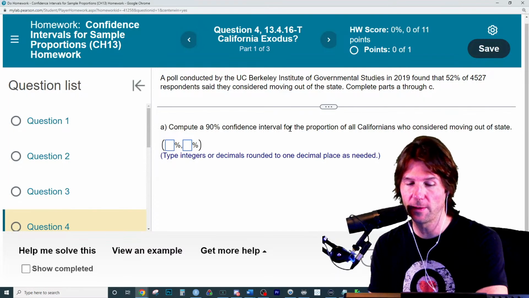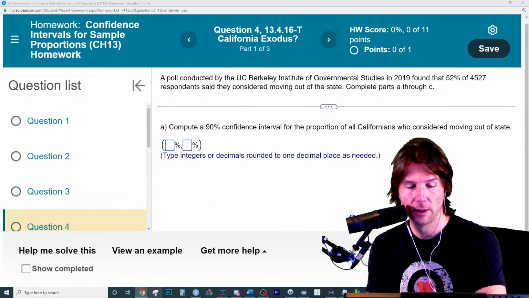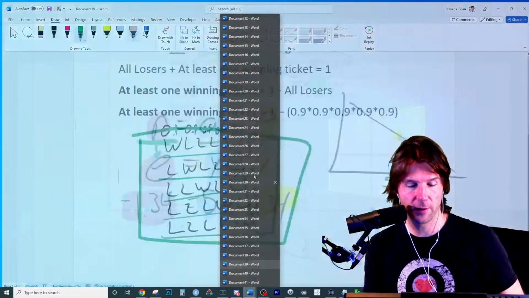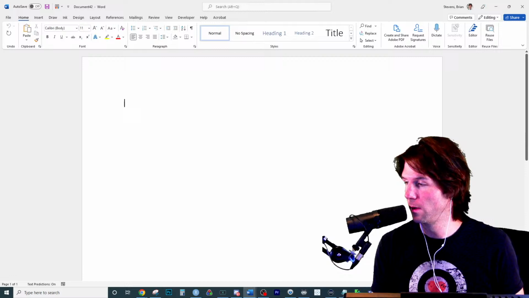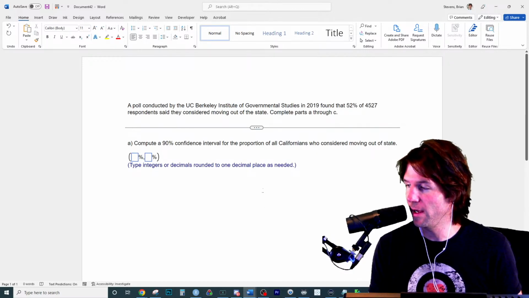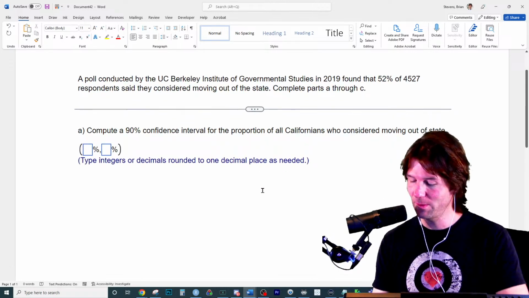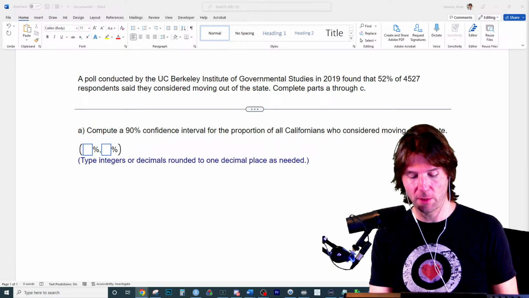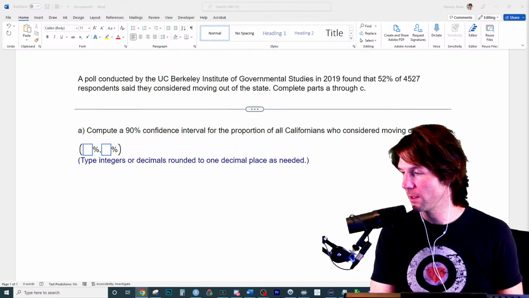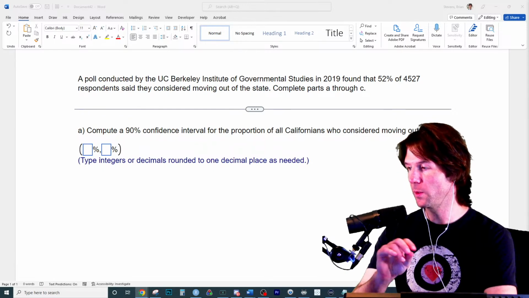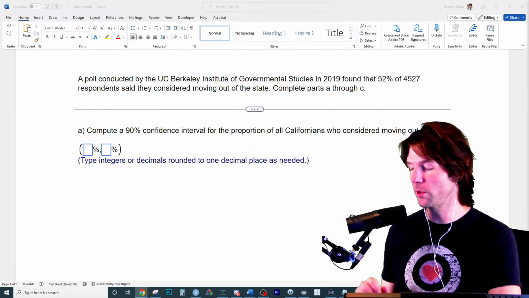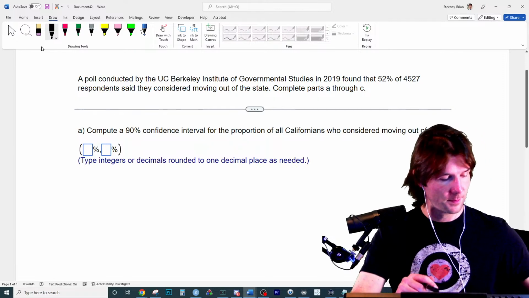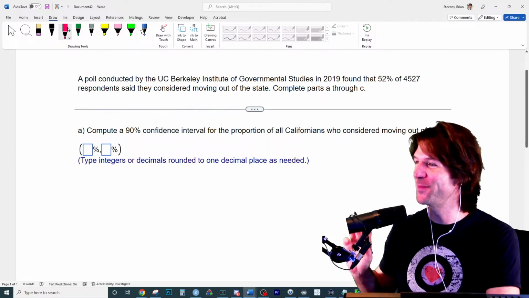So what is the notation right here? Let's mark the notation. What is the notation? Help me out right here. It's all about knowing the notation. Can anyone tell me any of this notation? Read through the problem right now. This is where you want to make sure, if you're working on this, that you mark your notation. It says 2019. That's just a year. We don't need to worry about that. It doesn't matter.